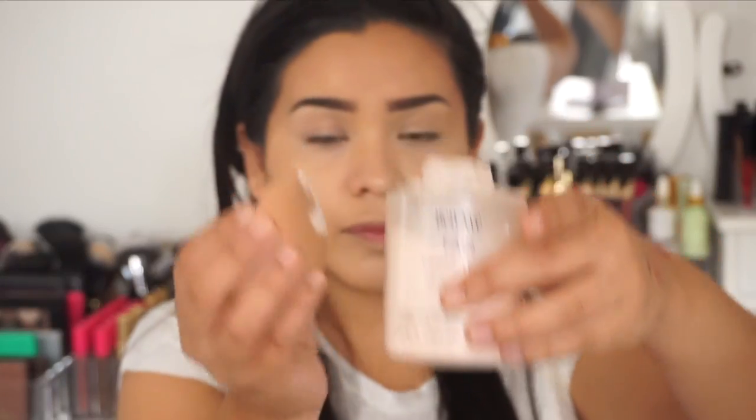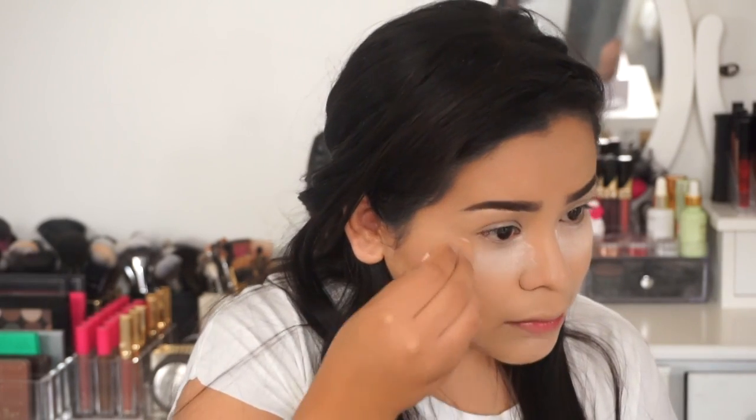Alright, and now to bake my face, I am using Ben 9 translucent powder in the color Fair, and then I will be moving on to my eye makeup. Hey guys, so now that I have my face makeup on and I am baking with the translucent powder underneath, I am going to do a talk through of the hair portion of this video and of the eye portion